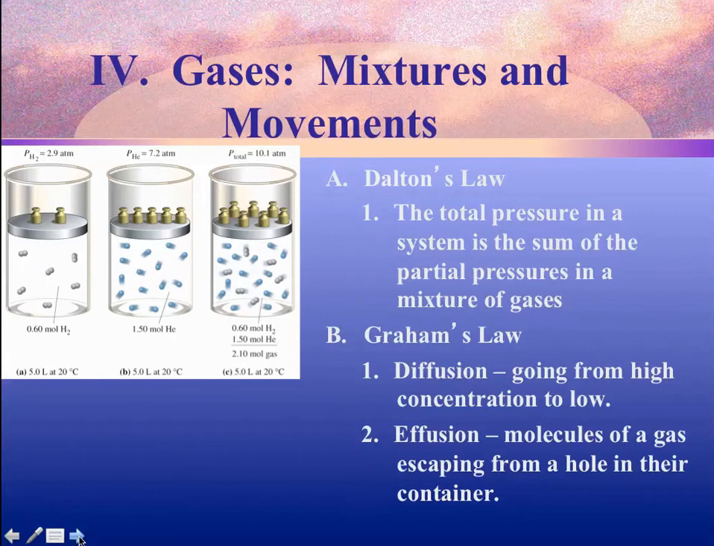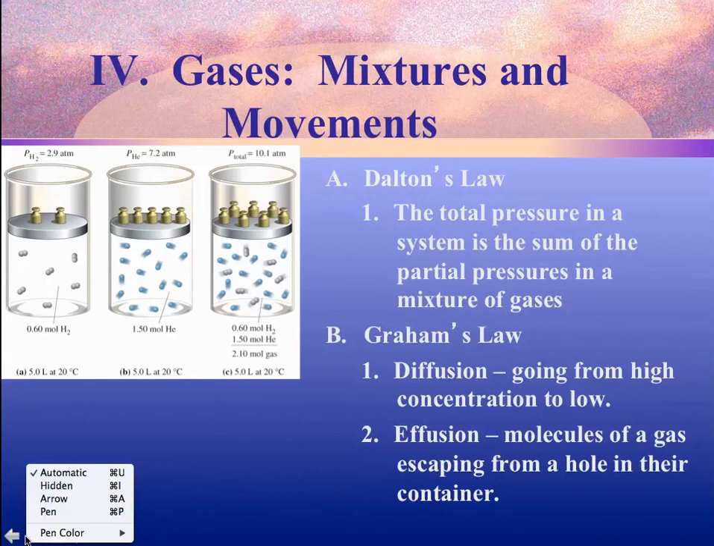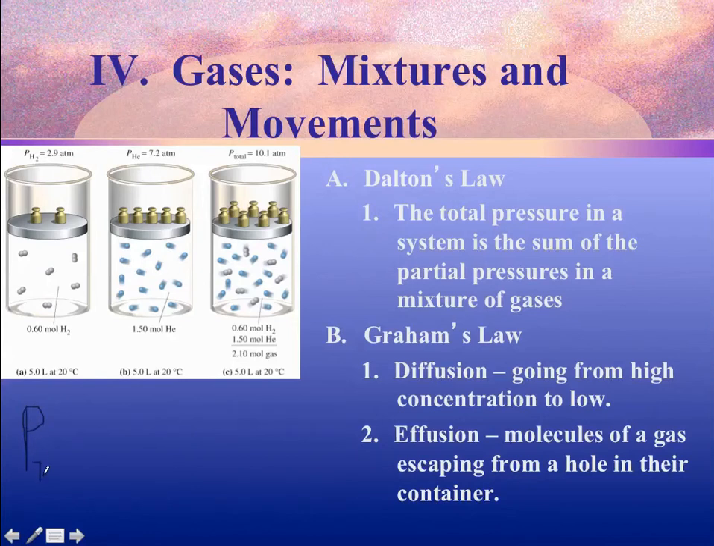All right, the last thing that we're going to go through is Dalton's Law. So this is gas mixtures and movements. Dalton's Law: total pressure in a system is the sum of the partial pressures. We'll go through this in class a little bit more. So if we're thinking about air pressure, we know that air pressure is a mixture of the pressure of all the gases in it. Most of air would be the partial pressure of nitrogen